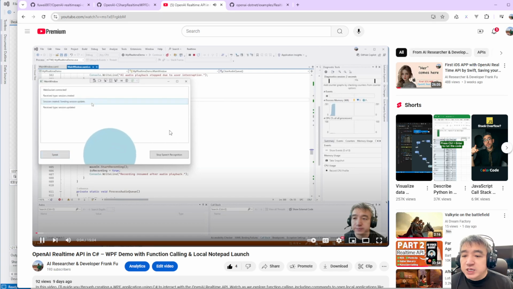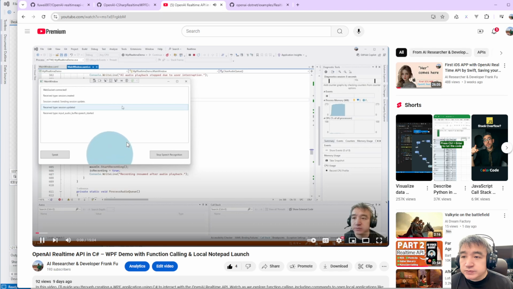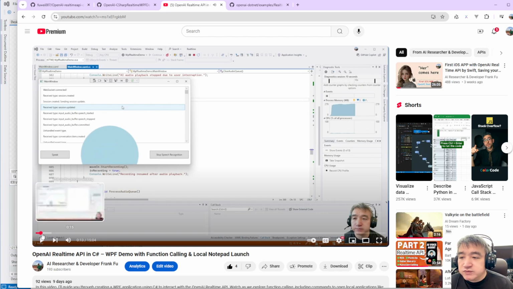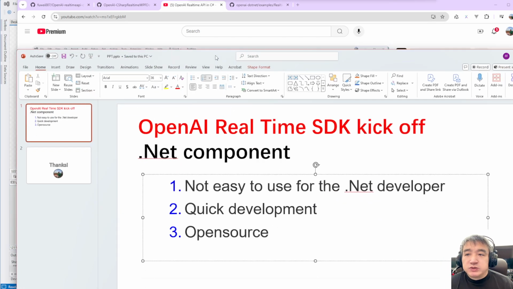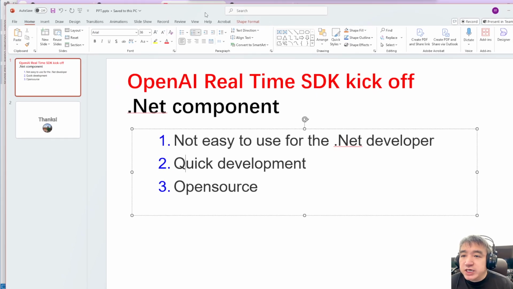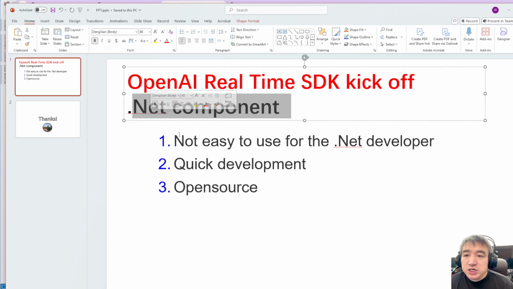But you can tell I still have a lot of code over here. For the developer, they don't want to understand this code. They just want to use the application, use the SDK. So that is why I want to create an SDK, which is a .NET component that allows users